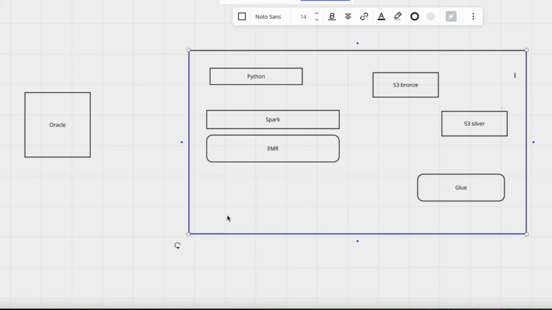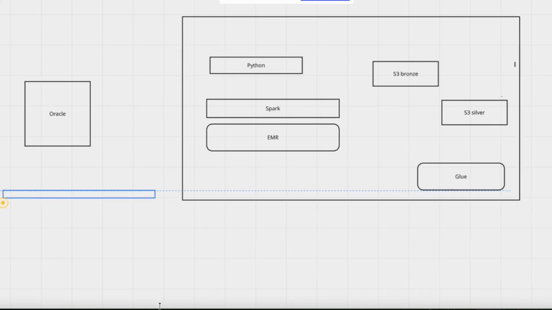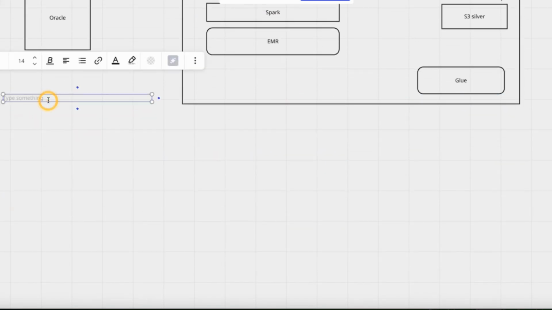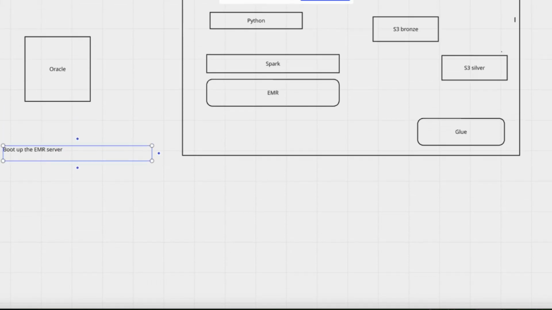So how your pipeline should work, or how your pipeline should look, I'll write it here. You have to first boot up the EMR server. There are multiple types of EMR server: persistent, transient, and serverless. I'm talking about the transient EMR, in which you have to boot the EMR. Okay. The second will be,